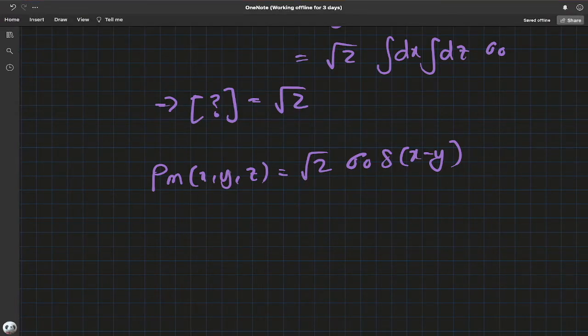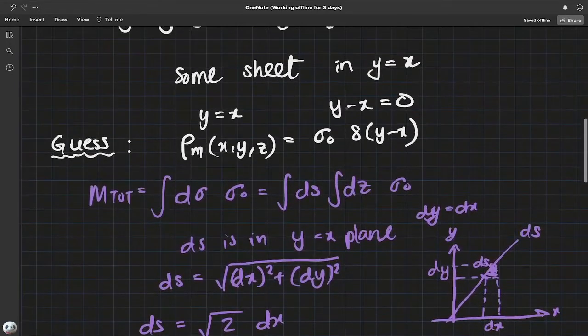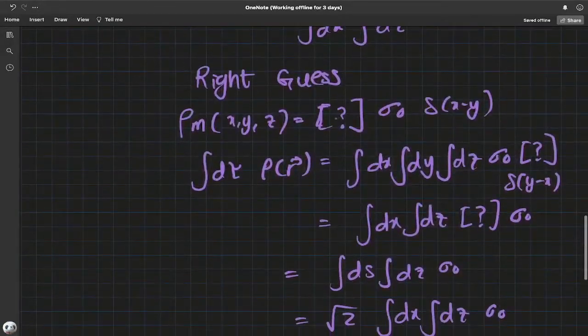So the idea of this was to make you see that we need a question mark whenever we are guessing, and not just for these sheet distributions, but you'll see also for line distributions that I will do on the next page shortly. So always put a question mark in, although it may be on one plane and it'll just work out, but just to be safe, the right way of doing it is putting a question mark and then substituting in